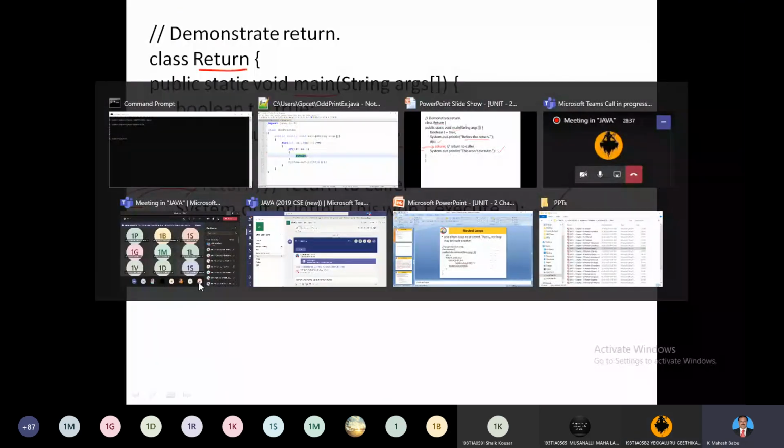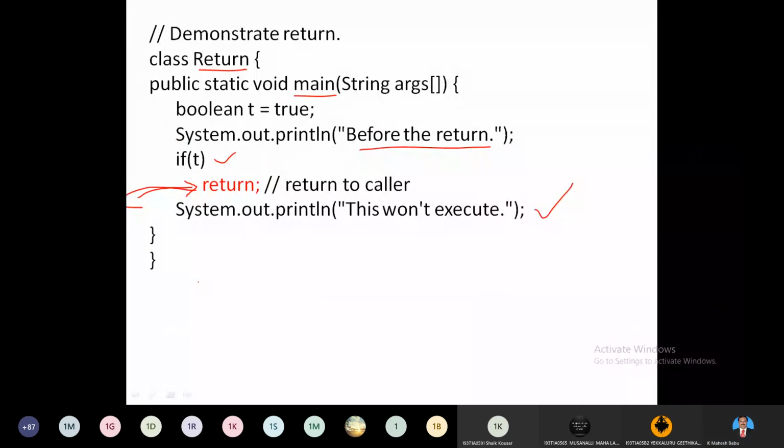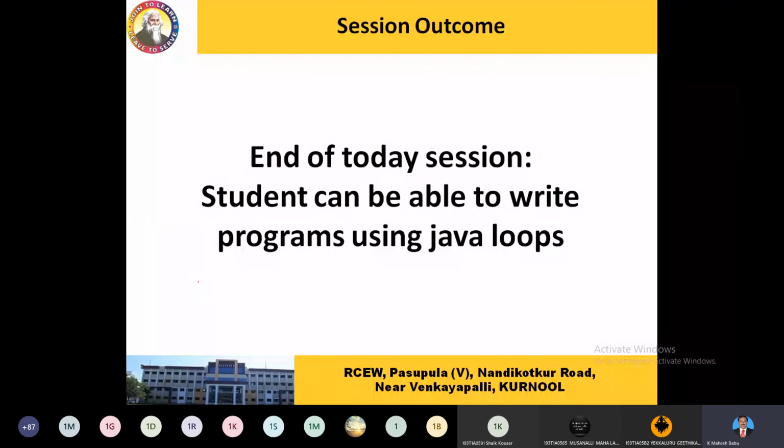Test every statement, how it works, and be clear on that. And wherever we use those keywords, you should be in a position to analyze and see the program. The mind has to compile and the mind has to produce output. No need of any system or any laptop, right? So this is all about loops and some jump statements inside Java.